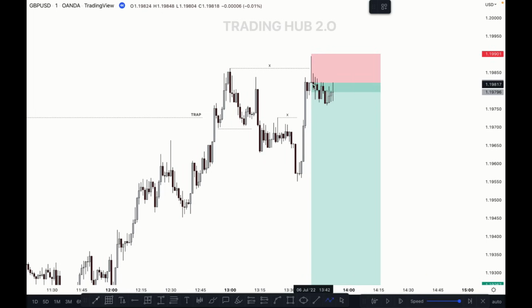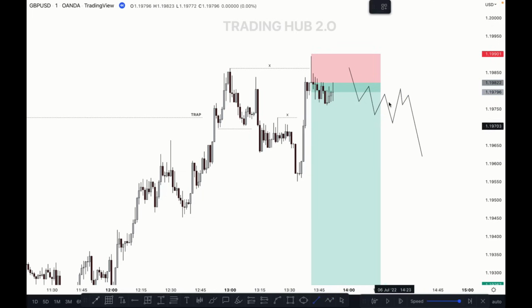One more important thing you have to understand here: market taken out this high. After taking out this high, market moves something like this in a corrective way. So when market has taken out this minor structure, before taking out this low, then we can sell here,